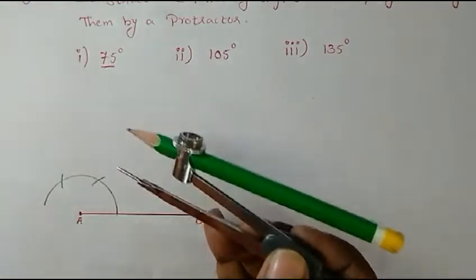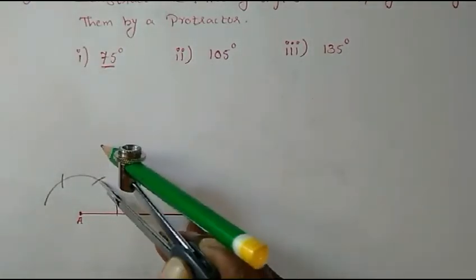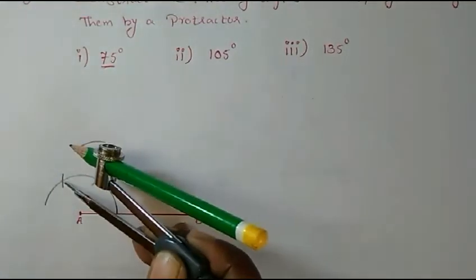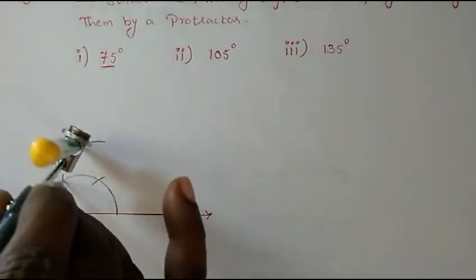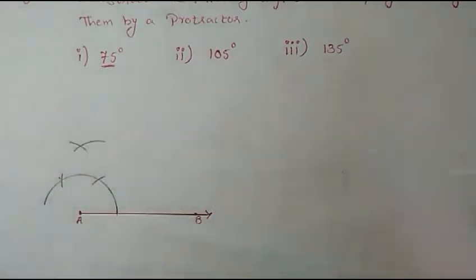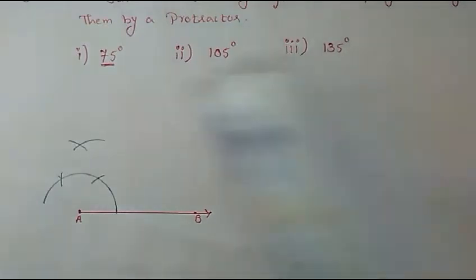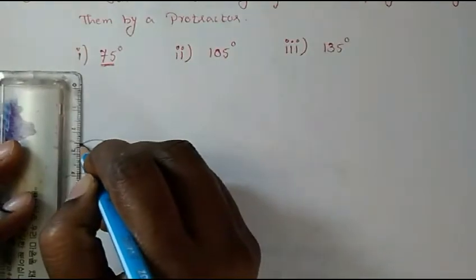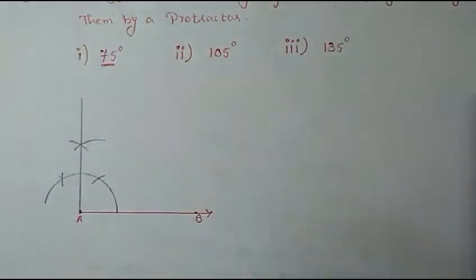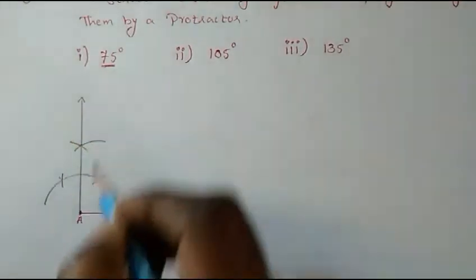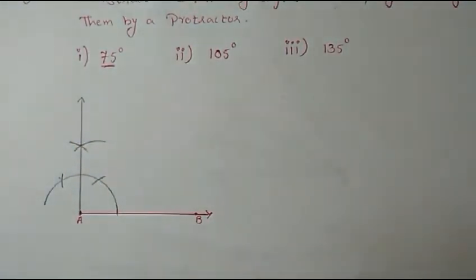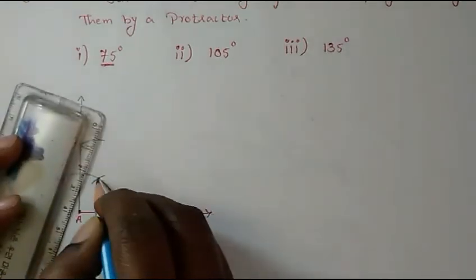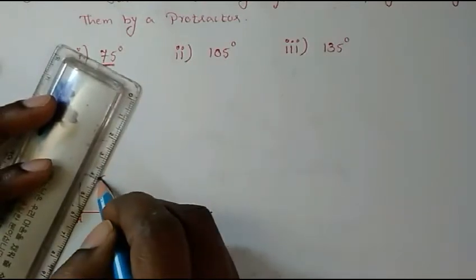Okay. So now I'll keep the compass on the point where it is intersecting, then draw the arc, keep this point again on this and draw another. Okay, so this point becomes 90 degree. Okay, so this is 90 degree. Now this 60 also let me mark so that this point is 60. The first arc where we give a cut, that becomes 60.